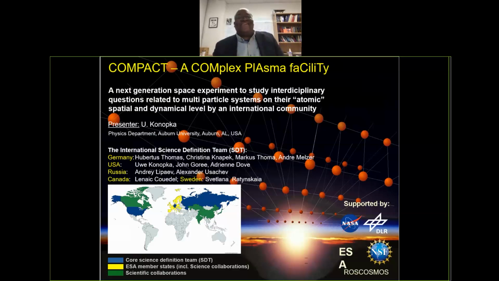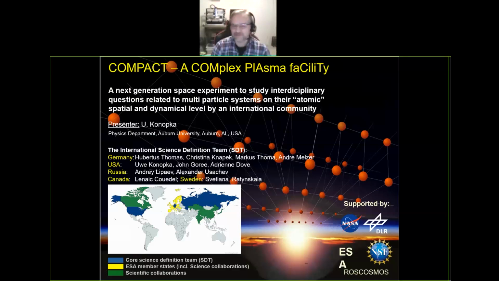So I would like to introduce the most recent development in space station experiments towards complex plasma. It's called Compact. It was a kind of strange acronym from Complex Plasma Facility, which would be the next-generation space experiment to study interdisciplinary questions on multi-particle systems down to the atomic, spatial and dynamic levels. It is based on our experience with PK-4 in a very wide international and interdisciplinary community. This is based on a science definition team, which just recently, a couple of weeks ago, started